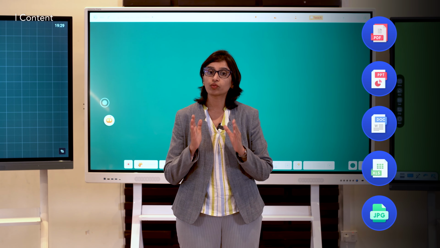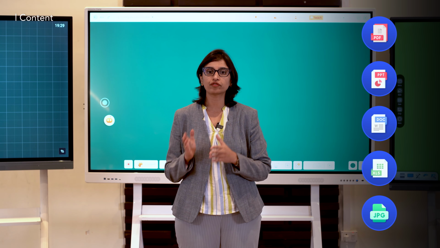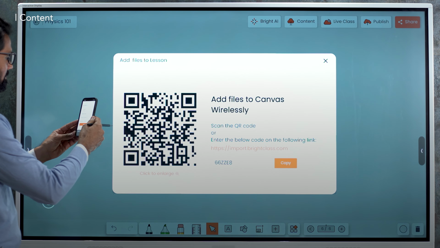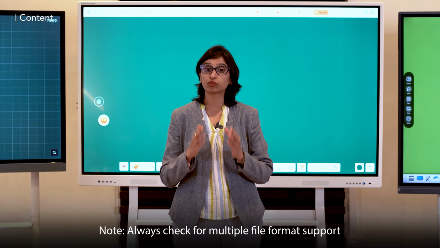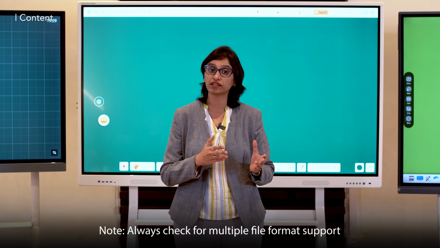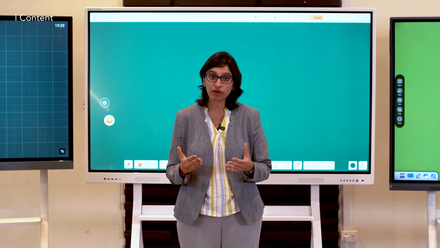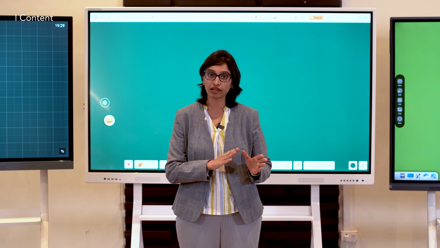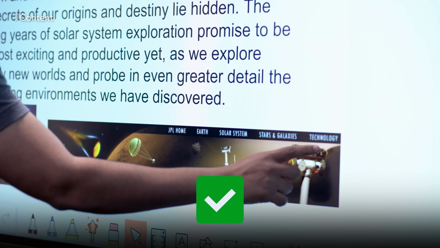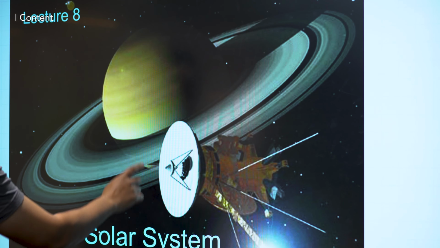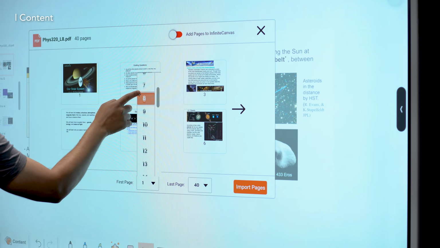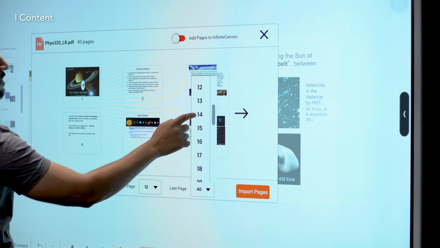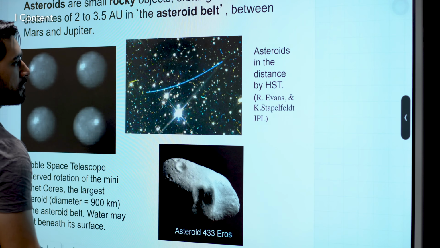Modern digital boards support the import of any of these formats wirelessly, even without the need of a hotspot or any network. Unlike the older panels that would ask you to convert the PPT to PDFs a lot of times. Another advantage in good interactive displays is that you can import files directly in high resolution with the full screen option, while in others it's a big task. Additionally, the ability to import specific pages from large documents also saves a lot of time.